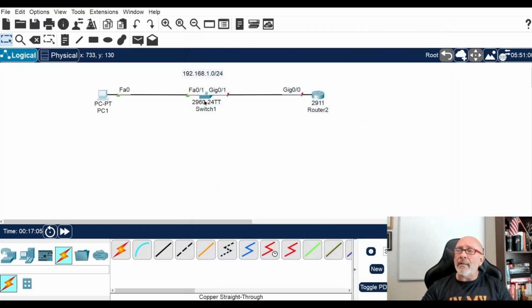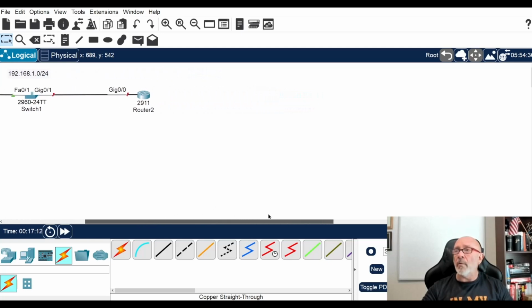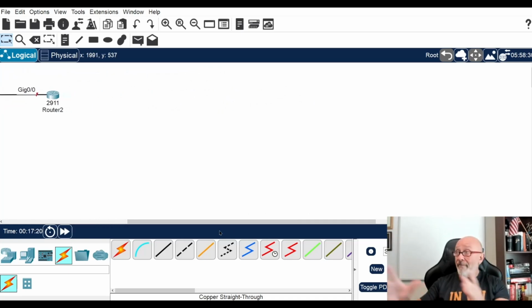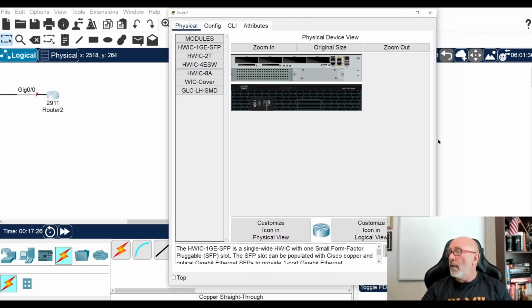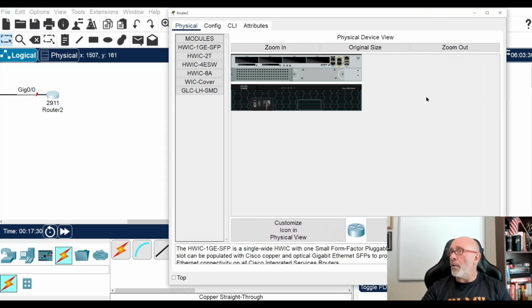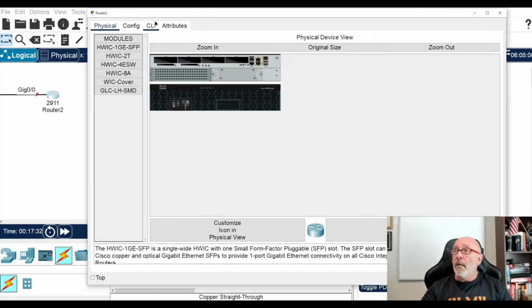I'm not going to do anything right now with the switch. I'm going to go straight to the router. So I'm going to come over here. See how you can play around with this? You move it so that you can have more of a workspace and you can see what it is that you're doing or to what device you're doing it to. So you want to make yourself comfortable when you're configuring so you can see things.